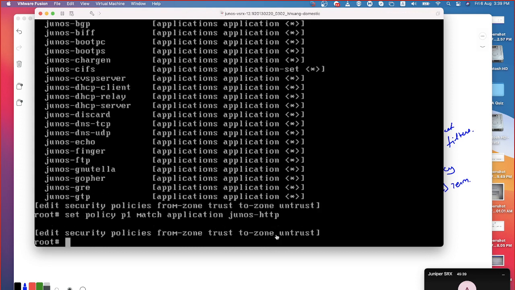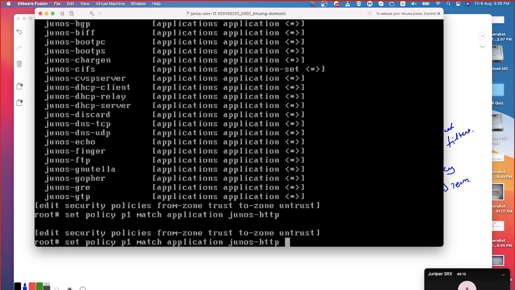Anything that comes with junos as a prefix means that object has been created by Juniper itself. It is always recommended to create the object first before you refer to it inside the policy. I'll show you how to do that. So now we have things like 10.1.1.0 on the fly, and I just created the policy.